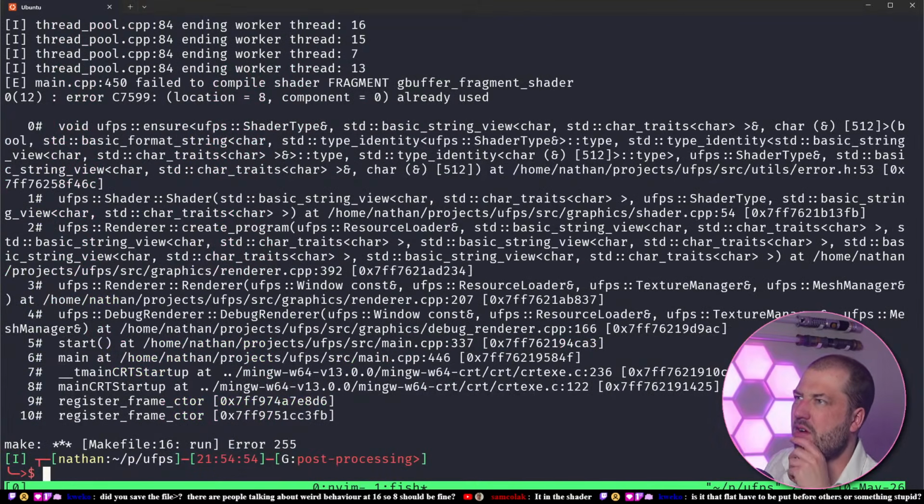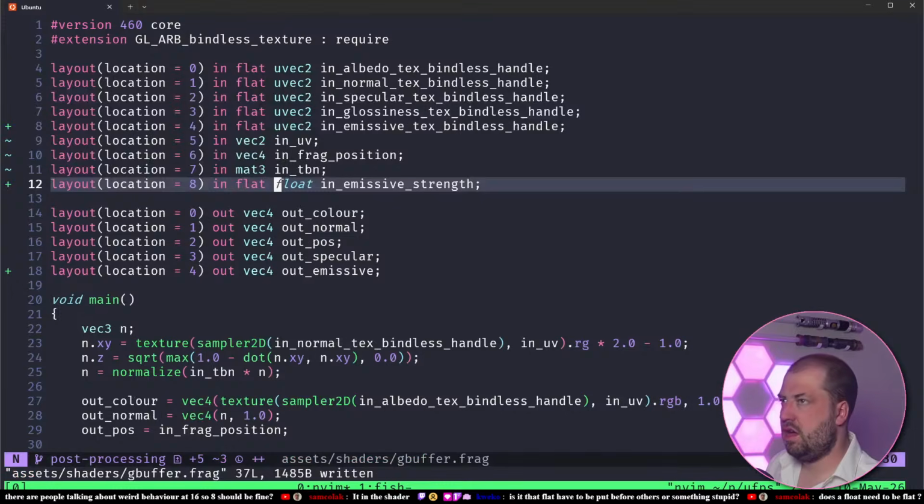What a weird error. Yeah, because I don't want the emissive strength to be interpolated across vertices, right? Because if it's not,